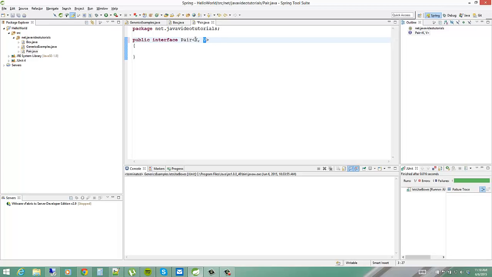The point is that there's two different unique generic types that could be two different types when they're actually invoked and used inside of your code. Okay, that's just the point I was trying to drive at there. So we have a key and a value, so let's create some public methods that will return the key and the value. So again, normally we would say, okay, the return type, if we had a getter method,